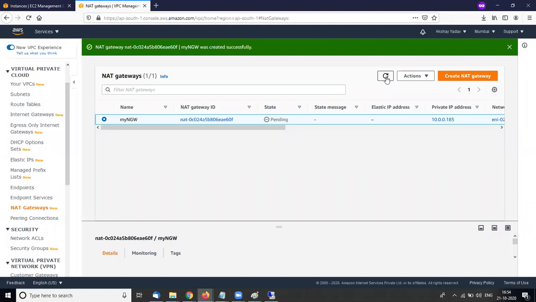Why do we need this egress only internet gateway? What is the significance of the NAT gateway in the NAT only internet gateway? That means only outbound traffic will happen, no incoming traffic, right? NAT gateway is used for network address translation. It changes our public IP to private and private IP to public. If any traffic comes from public, it takes the traffic and forwards it to the addresses.